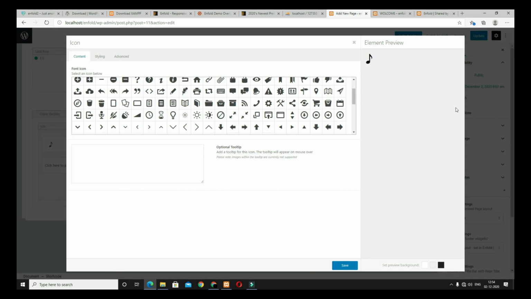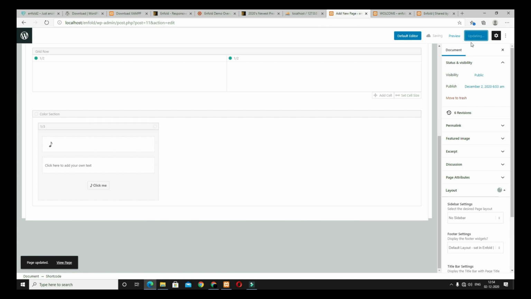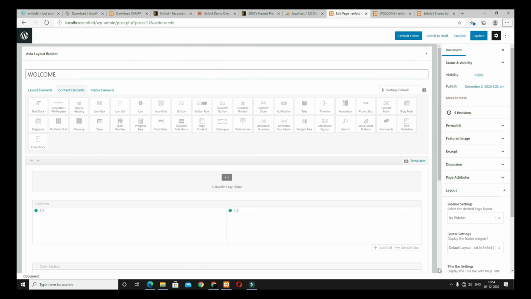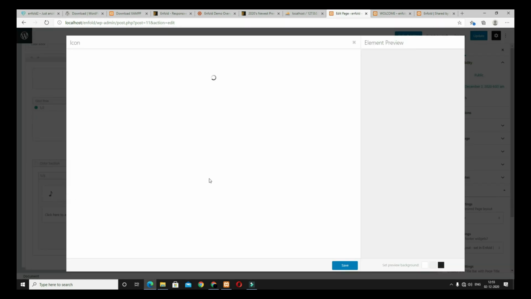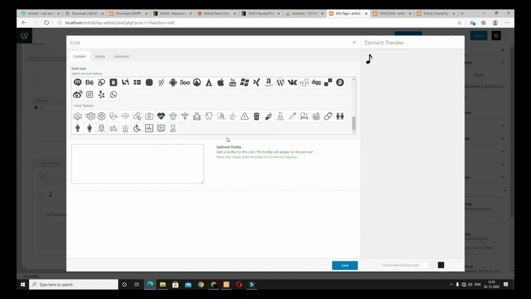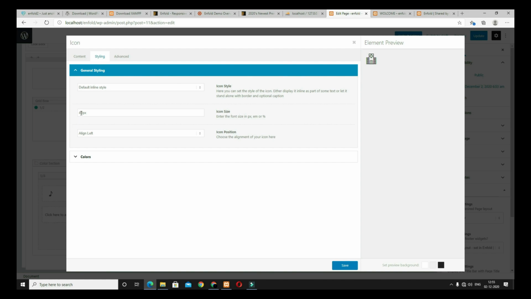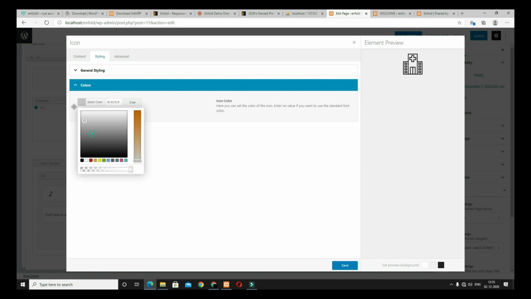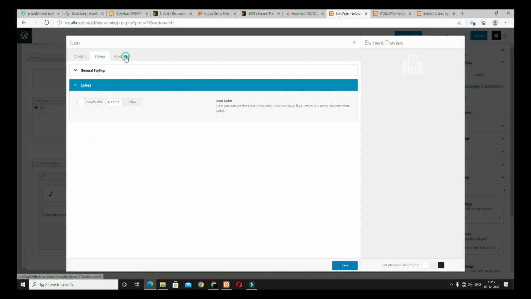Now let's come back here, update the page. After that, refresh the page. Now scroll down and again click on this icon option. Here you can see some extra icons got added here. Now the icon is present here. Click on this option and after that come back to the style option, and make the icon size 80 pixel, the alignment should be center aligned and the color will be pure white. And after that click on save changes.